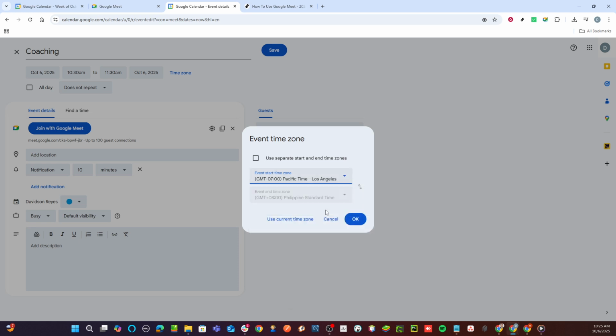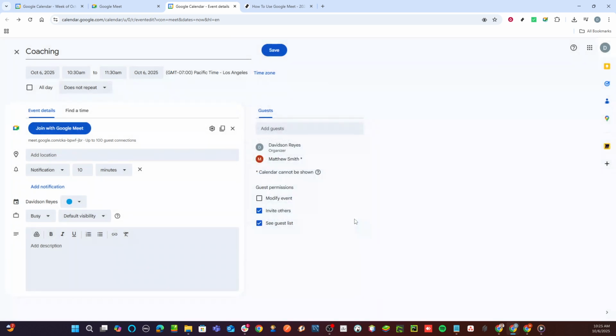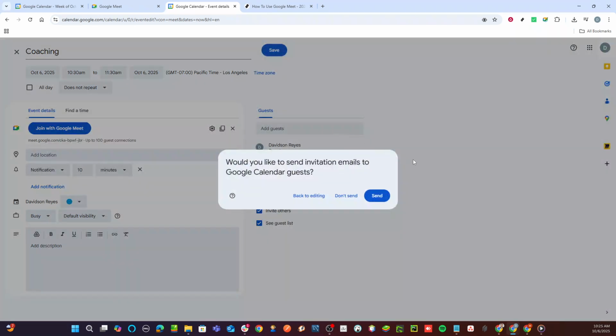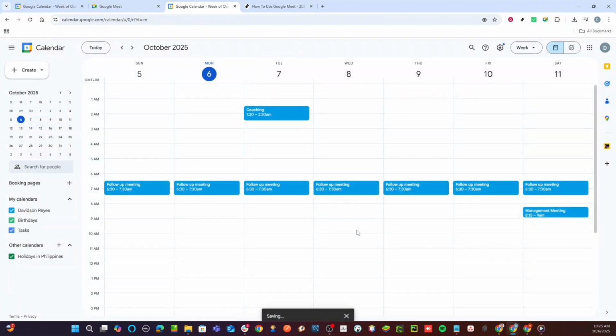This is just a final check to make sure everything you've entered is correct. Now it's time to finalize. Click on Save to store your meeting details. This will lock in what you've prepared and ensure the event is set in your calendar. Finally, click Send to dispatch the invites to all attendees, ensuring everyone on your list gets notified with the meeting